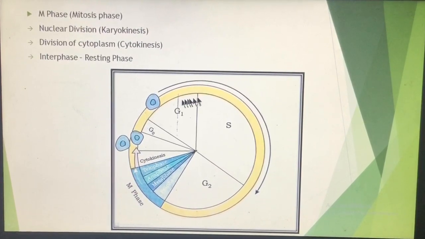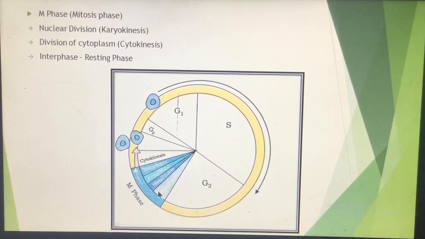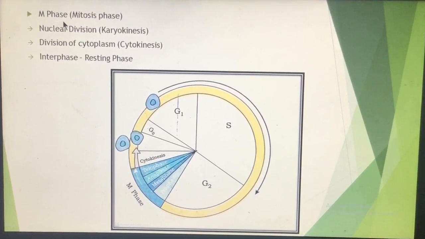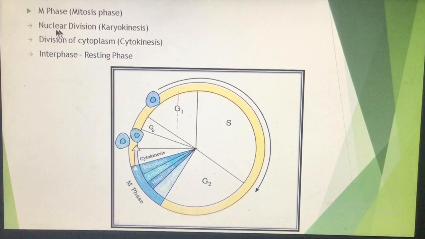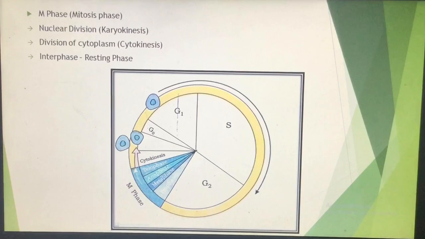That means पूरी सेल साइकिल का 95% जो है, it constitutes the interphase, and only 5%, ये जो ब्लू कलर का है, only 5% of the cell cycle constitutes the M phase, that is the mitotic phase. Okay, now this is the M phase or the mitotic phase. Now in this mitotic phase, certain changes take place, and those changes are known as the nuclear division. Nuclear division का मतलब है the nucleus, because inside the cell one nucleus is there,